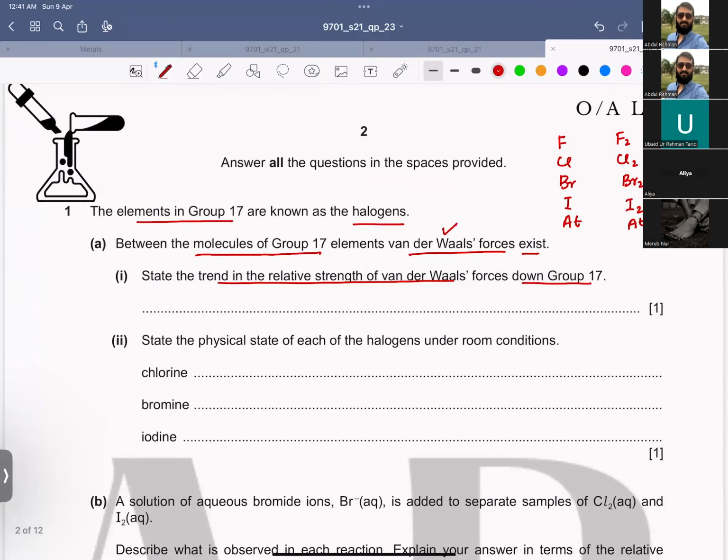So if you look at their state, at room temperature, fluorine is gas, chlorine is gas, bromine is liquid, iodine is solid, and astatine is solid. So it means that the molecules are getting closer to each other. And if the molecules are getting closer to each other, which means that the strength of van der Waals forces are increasing. So we just write that